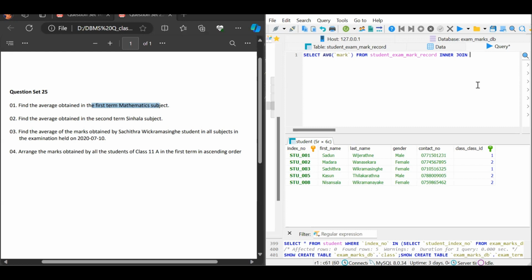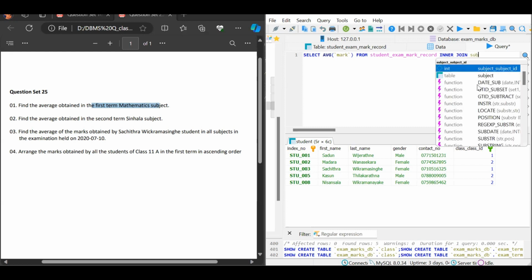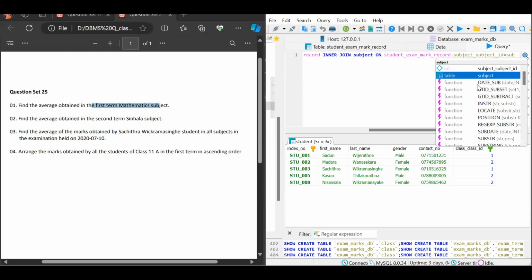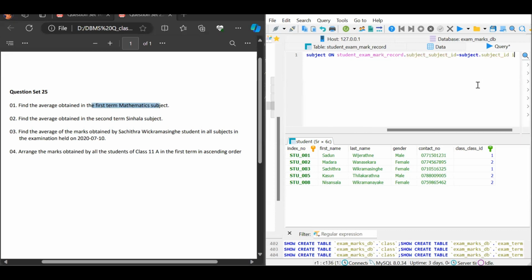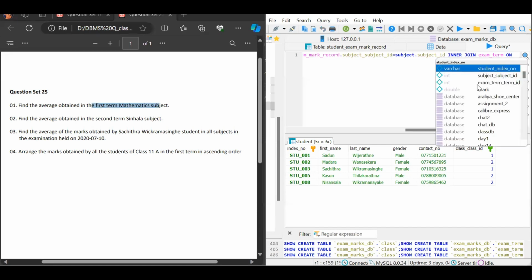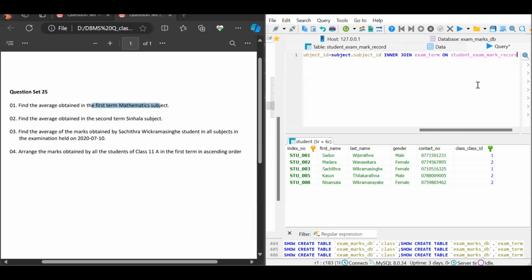and the subject table. So let's first join the subject table on. We use the on keyword here to specify which column of the subject table is linked with the student exam mark record table, so student exam mark record table dot subject id equals subject table dot subject id. Again we use the inner join here, and then let's join the exam term table. Here too we use the on keyword and student exam mark record table dot exam term id